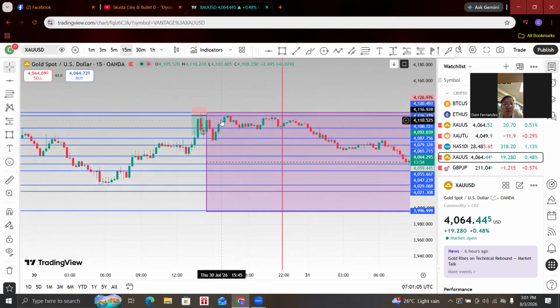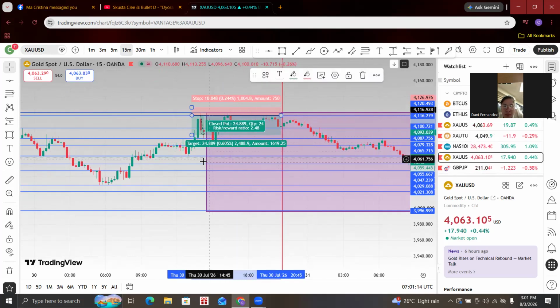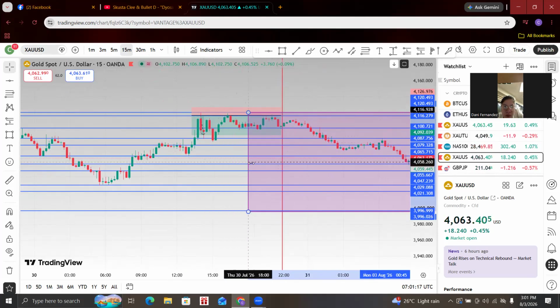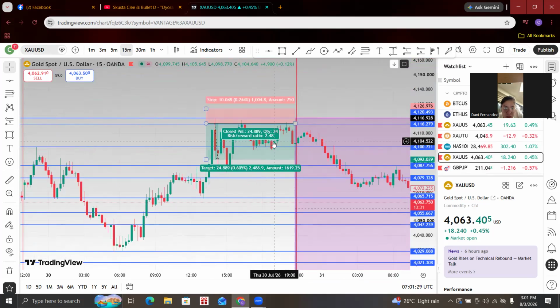So there you go. Your sell limit got hit, and the market keeps going and going and going. You're just holding your positions, and it's up to you whether 240 pips is enough or not yet. Mind you, if you're using a 0.1 lot size, 240 pips is equal to $240. But if you're using 0.01, that's $24.